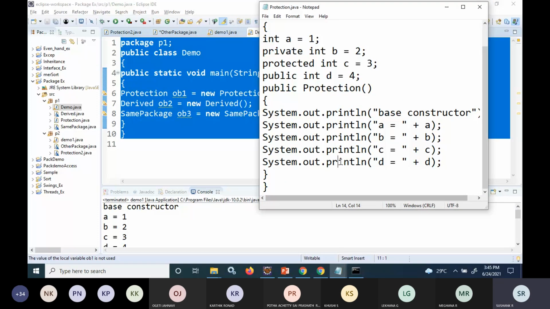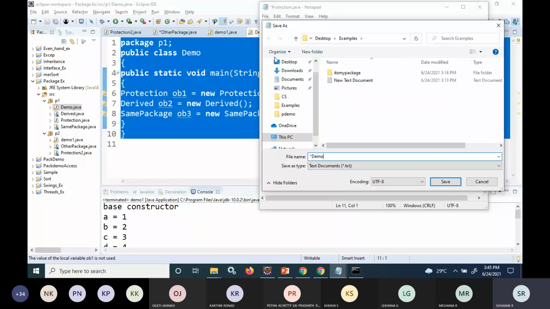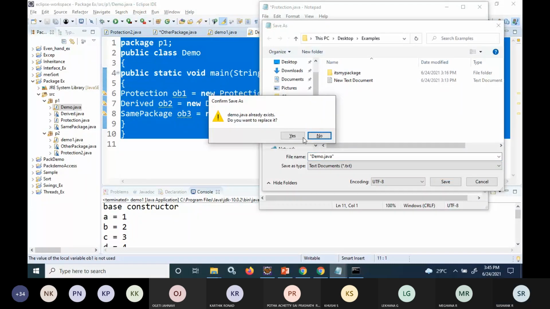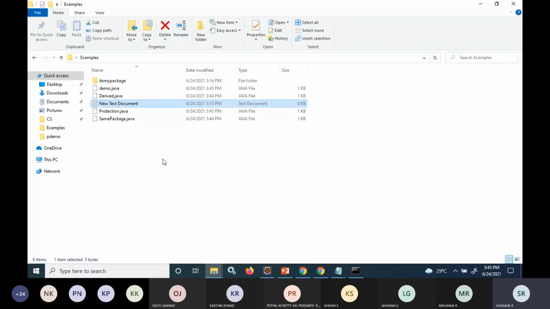So file, save as demo.java. Demo.java already exists, yes, I just want to replace that. Now if I go inside this example folder, you can see demo.java, derived.java, protection.java, SamePackage.java is there.